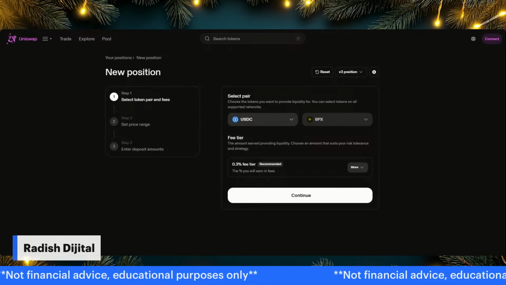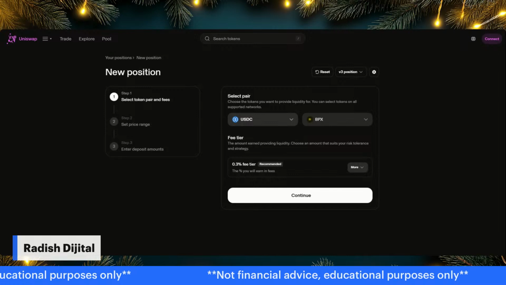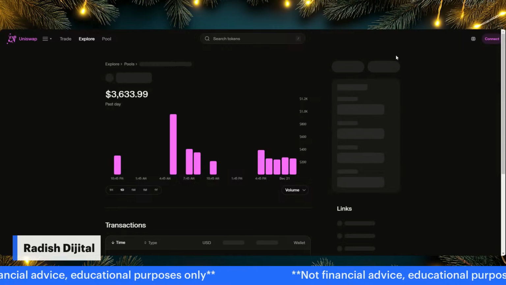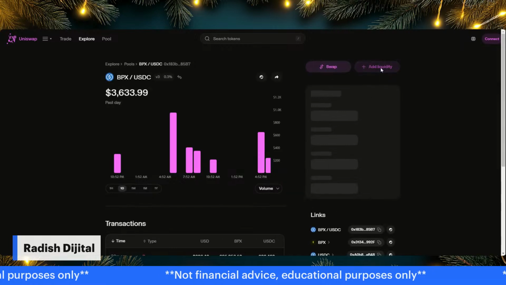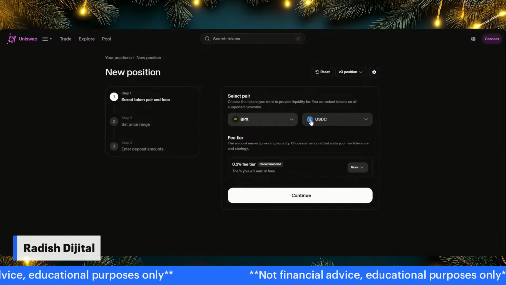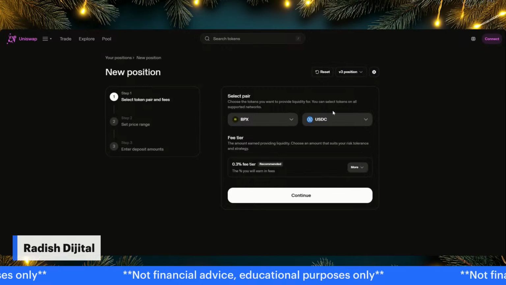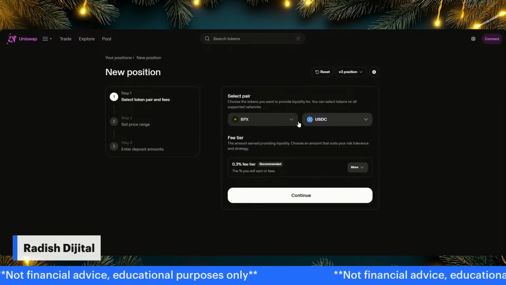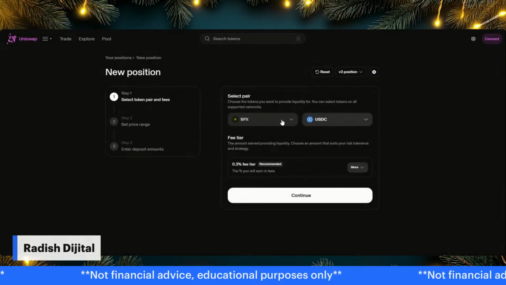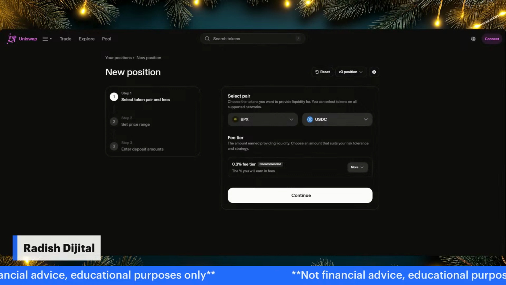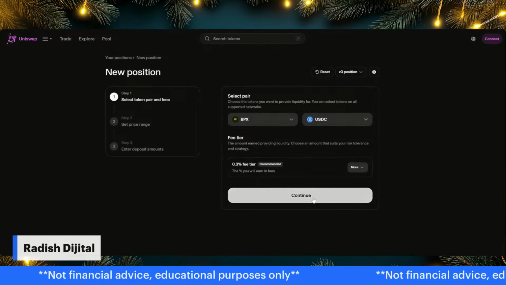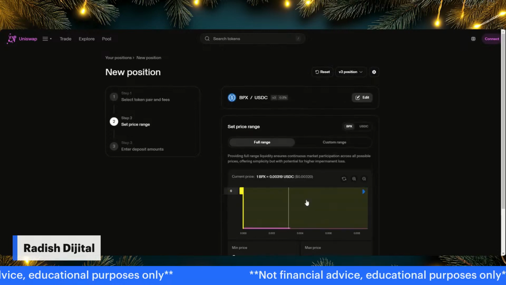Okay, so right now I clicked add liquidity, and hopefully I don't screw it up when I go back here. All right, so if I go back here and do add liquidity, that's step one, and then here it says BPX. Choose the token you want to provide liquidity for. You can select tokens on all supported networks. So now, of course, I'm looking to put USDC in, so do I leave the BPX there? Yeah, I think you swap. I think you switch them here. I think you can do it on the next page too, but you can just leave that for now. I would press continue.